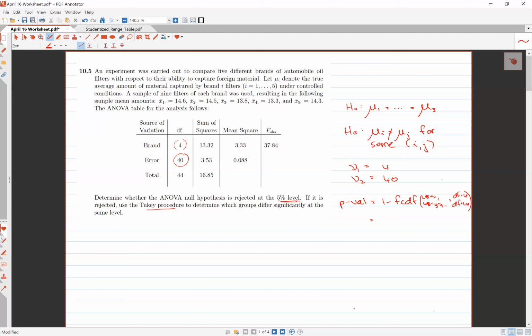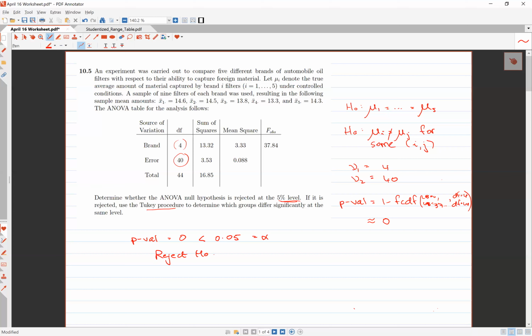What you're going to find when you evaluate this specific p-value is that whether you're rounding to 3 or to 5 decimals, it'll be very nearly 0. Like it is 0.00000001. So a p-value in this instance of 0 is less than our alpha level of 5%, and so we